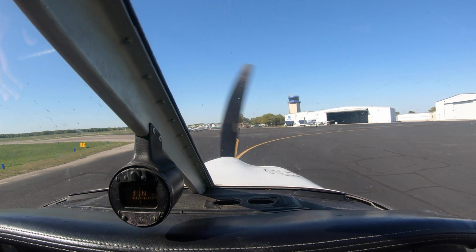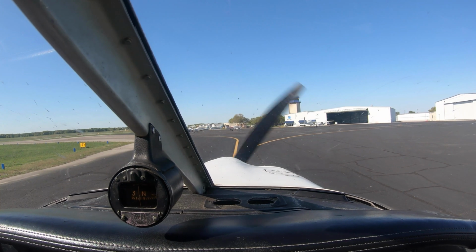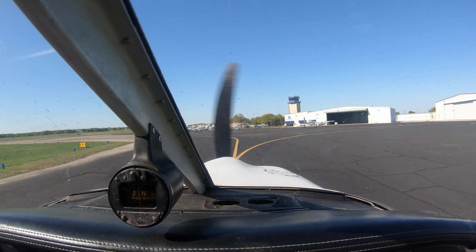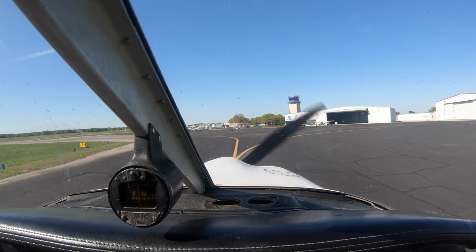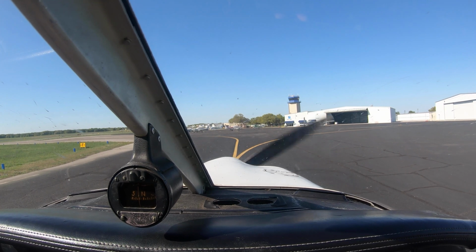Yep. Alright, let's go ahead and do the after landing check. Yep. And if he calls him, I'll talk to him. Cowl flaps open, electric fuel pump off. Let's retract. Transponder on standby. We'll go ahead and put